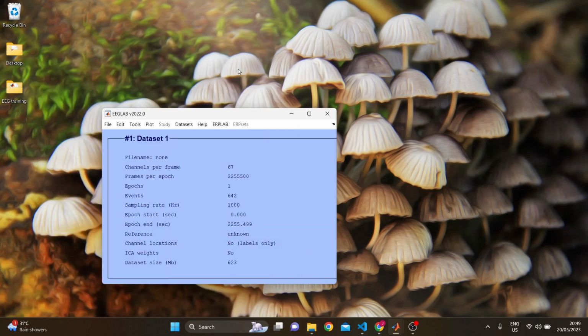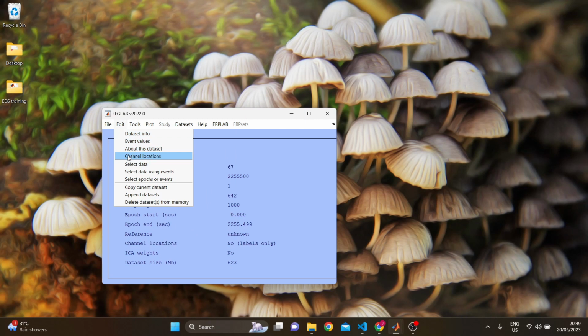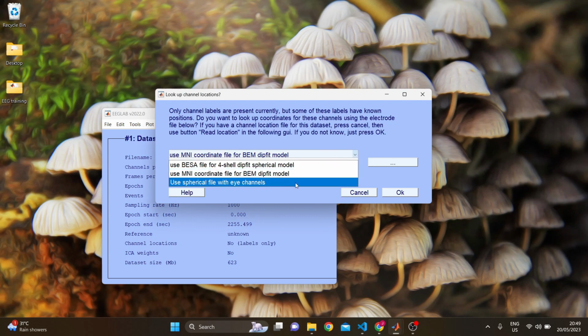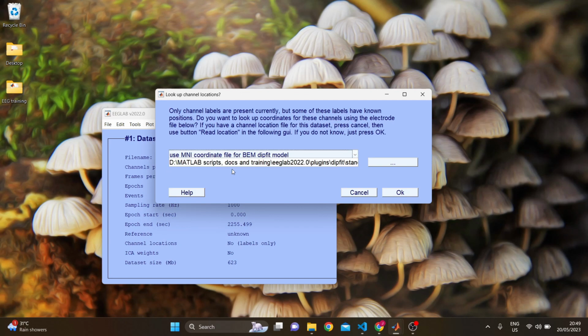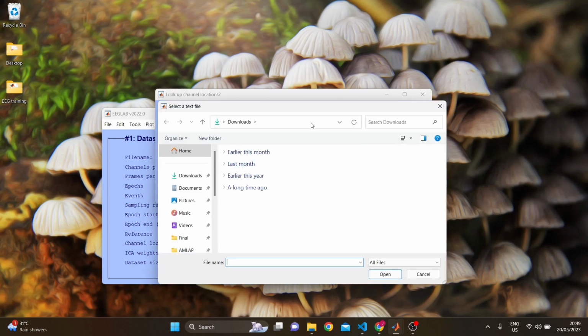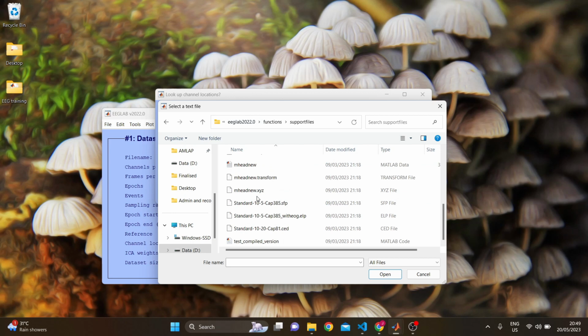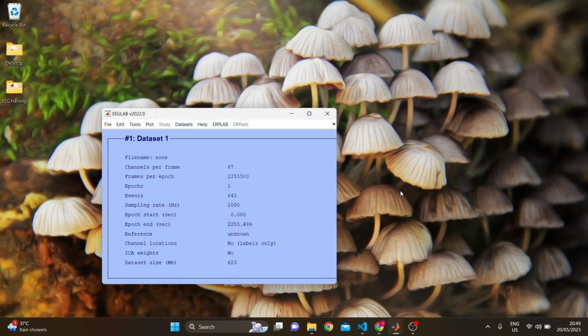So to put these into your data set effectively, you want to go to Edit, Channel Locations, and here you want to use the MNI coordinates file. There are a couple of options available, but the recommended coordinates file is this one here, and you then want to navigate to wherever that file is on your computer, so within the EEGLAB folder. So again, I'm going to scroll down, find the SFP file that I mentioned earlier, and open it. If I then press OK,